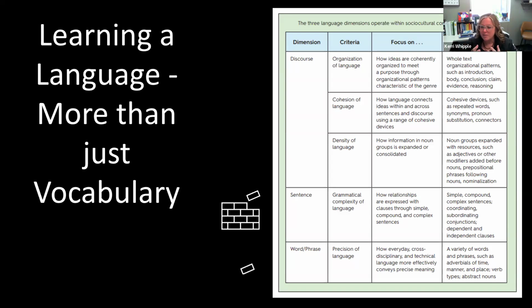When we start to add the fillers, the determiners or the articles or all the other adjectives and pieces of language that make a whole sentence, at that sentence level, again, might look different in science than it does in social studies, than it does in English language arts, right? But that sentence level grammar is also something that EL students, or sometimes called multilingual students, ML students, need to also learn about. So learning about perhaps even how their first language is different in how we construct grammatical constructions